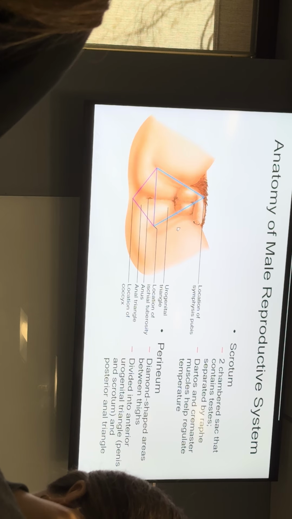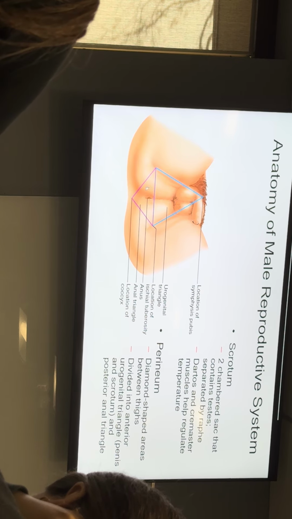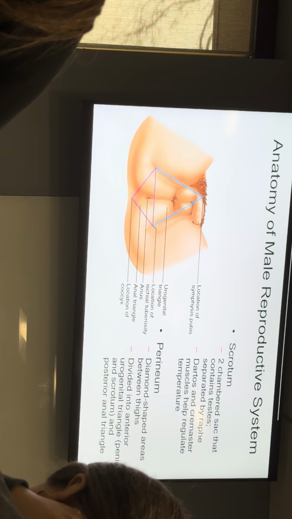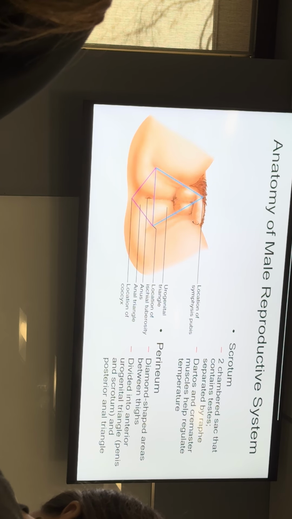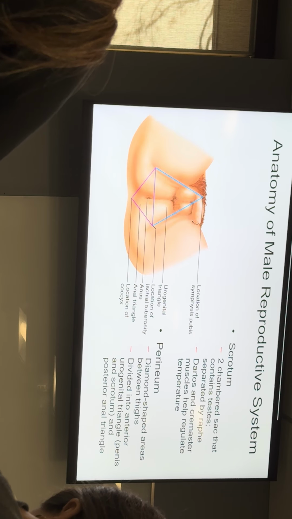Your perineum is this entire area down here, and it's divided into two triangles. This is your urogenital triangle, and this is the anal triangle. Honestly, a guy will never deal with his perineum, like ever in his life. It's just not something we think about. Women, you will have to think about your perineum because you might choose to get an episiotomy. That's where they cut your vagina before you have a baby, so that if you do tear, it's a cleaner tear. If you don't get an episiotomy, you can tear through your perineum. So that's something to discuss with your obstetrician when you get to that stage.